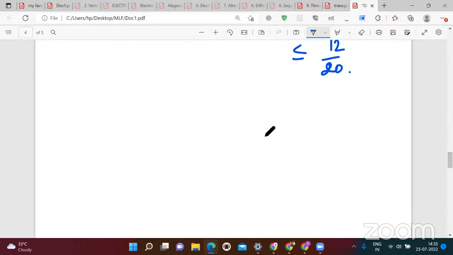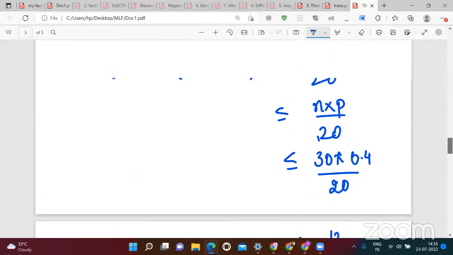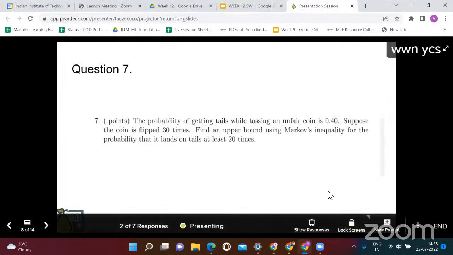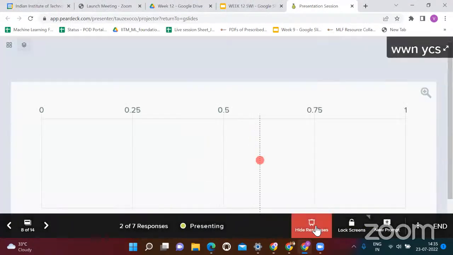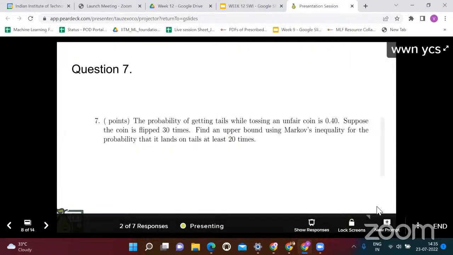Right? Anybody having any issue, you can ask. These are pretty simple ones. I don't think there will be any issue. You have already done this earlier also. So one person gave the correct answer. Okay. So the next one is,